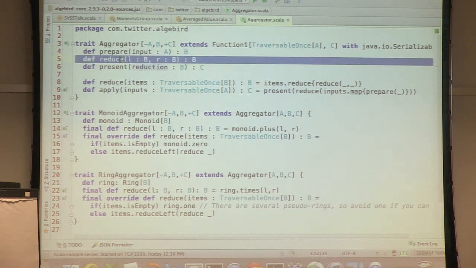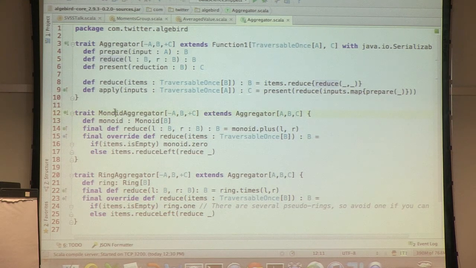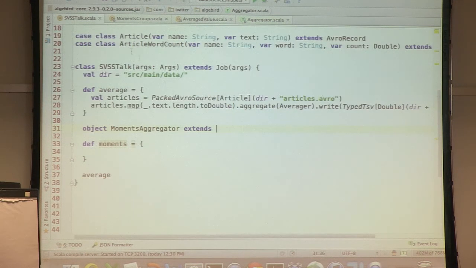And since the reduce and monoid kind of go hand in hand, there is also the trait monoid aggregator that can, instead of the reduce function, take a monoid and just use the monoid's own plus function, which is, if we already have a monoid for our data, actually pretty useful. We don't need to lose data again.